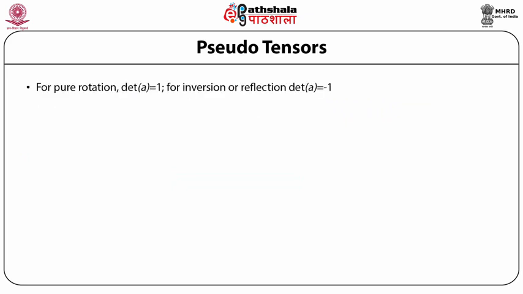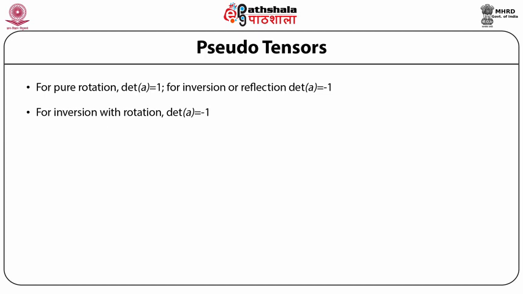Now for pure rotation, the determinant of A turns out to be 1, while if the operation is of inversion or reflection, then the determinant of A turns out to be -1. And if the operation involves both inversion with rotation, then the determinant of A is again -1. And this can be seen from the above argument that for an inversion or reflection operation, the determinant of A